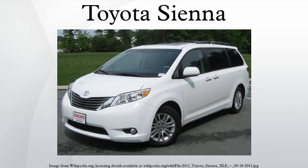Second generation. On January 6, 2003, the second-generation Sienna was unveiled at the Detroit Auto Show. Production shifted to Princeton, Indiana, and the former Georgetown plant was retooled to build the second-generation Camry Solara. To make the redesign more successful, Toyota assigned Yuji Yokoya as chief engineer on the new Sienna project. Yokoya and his family drove the previous Sienna over 53,000 miles throughout North America to find weaknesses from the previous